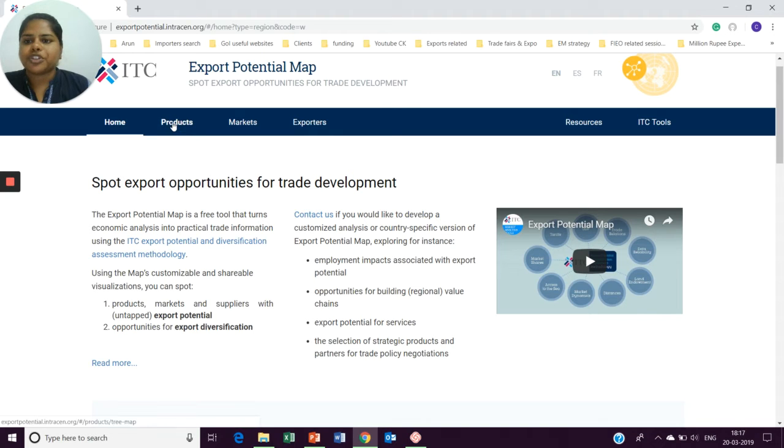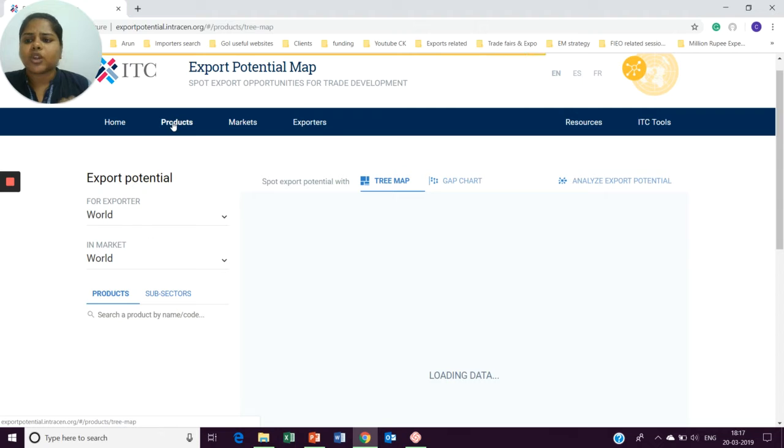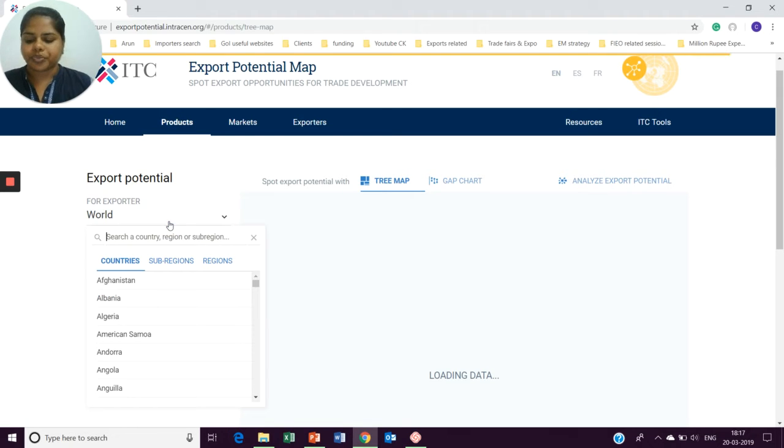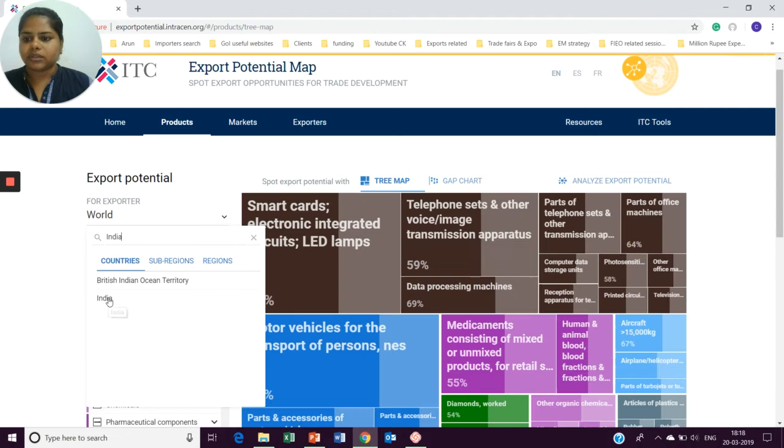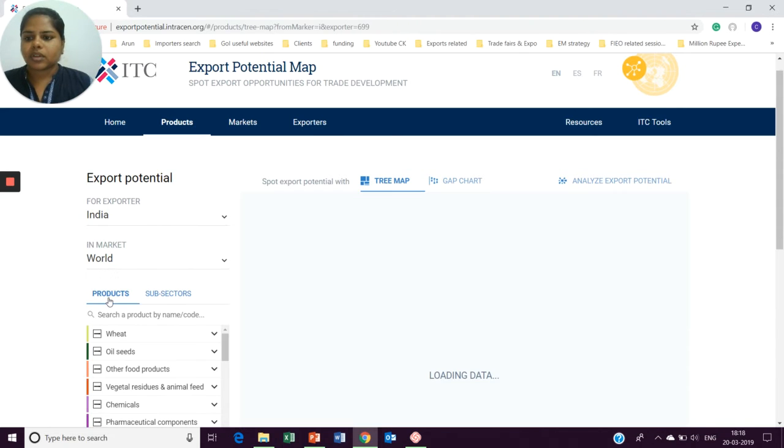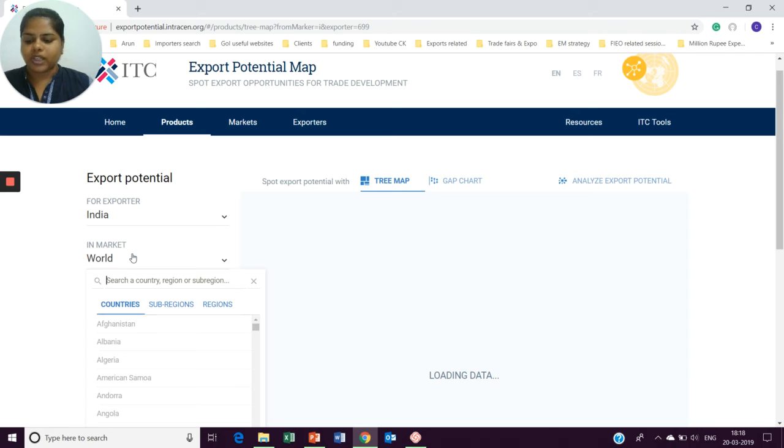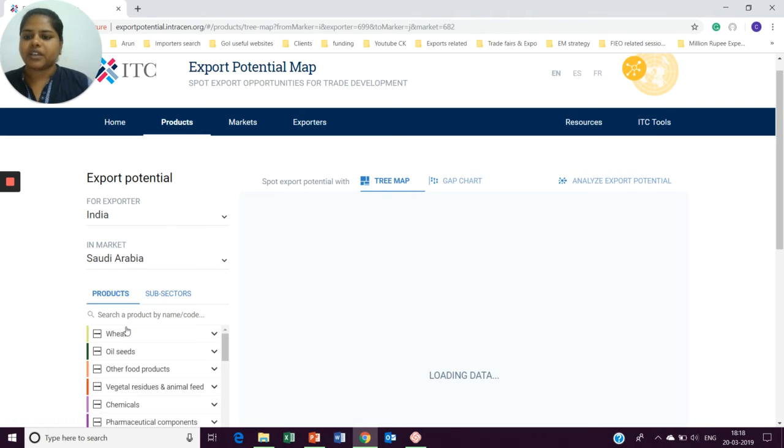Now I'm going to check the product tab, where you can check as an exporter in a particular market which product has a scope. Because I'm from India, I'm going to use India, and in market, Saudi Arabia, which we have already checked in one of the sessions.